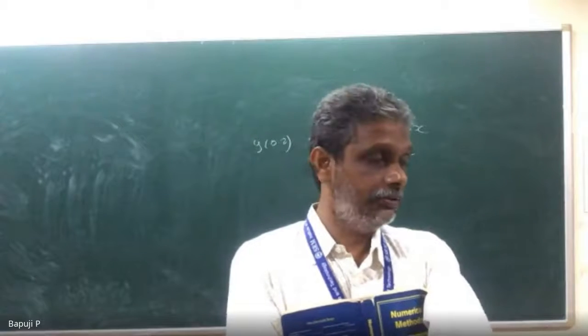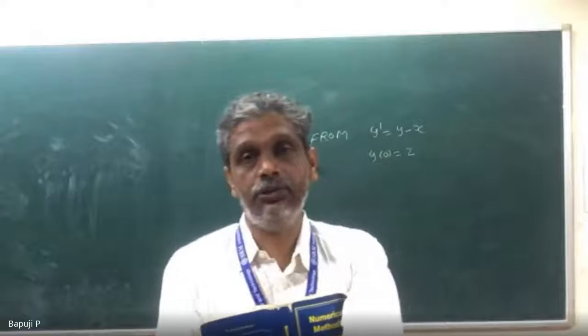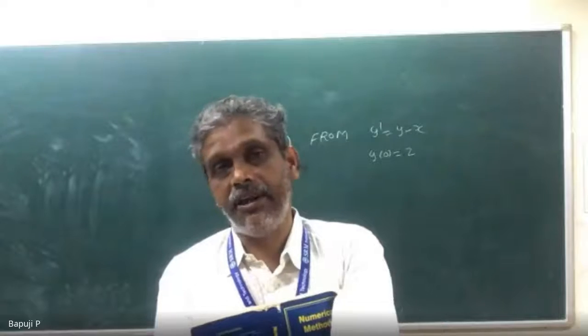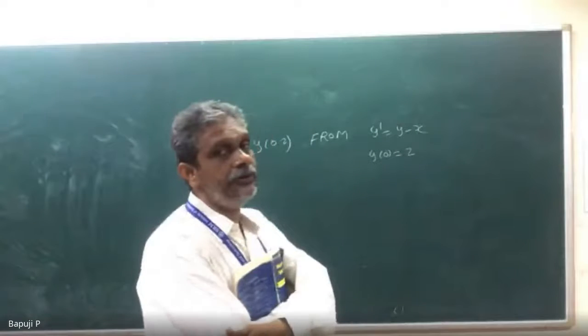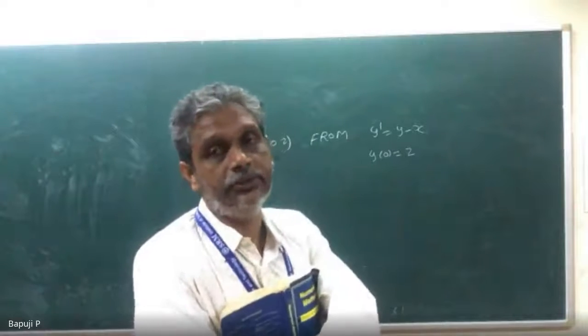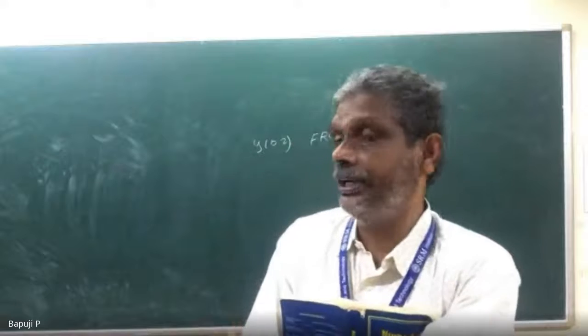All are sleeping. Up to where am I going? 0.2. Very good. So h is equal to 0.2. But the textbook is not giving it, I have not mentioned it here. So taking h is equal to 0.2, you can note down. If they tell or not, we should be able to identify it.